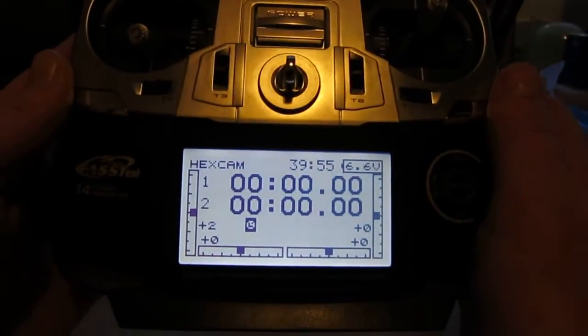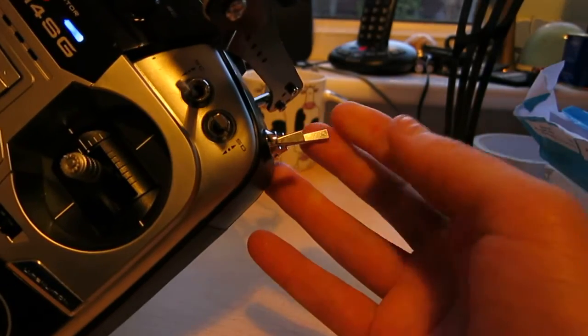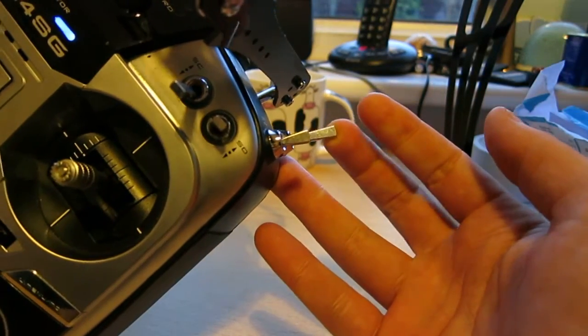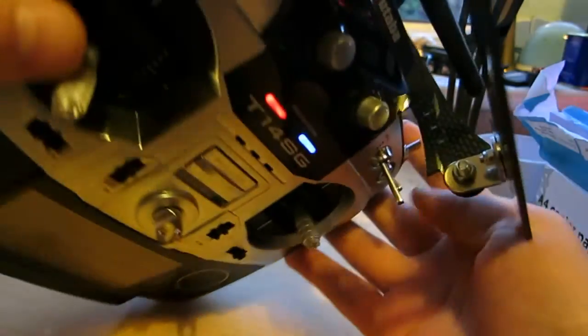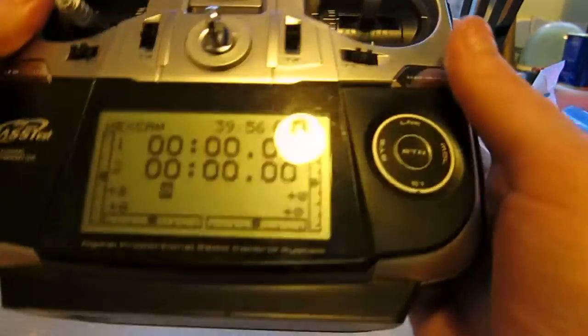So basically, the way I set it up is I want to have the camera shutter on here, and I want to have the start and stop video on here. So the way I've set it up is if we go into the linkage menu